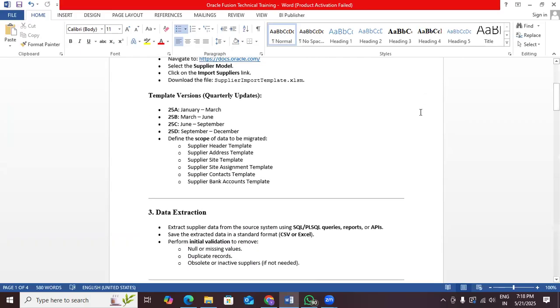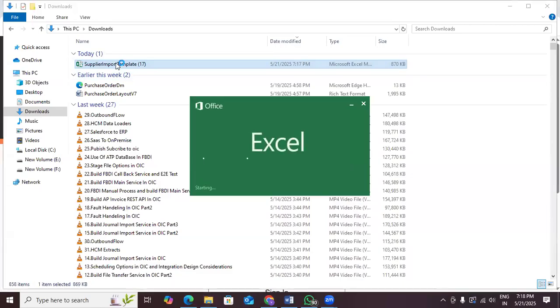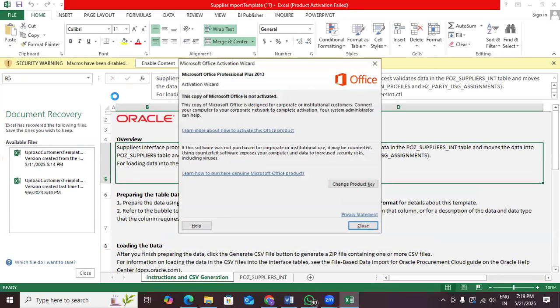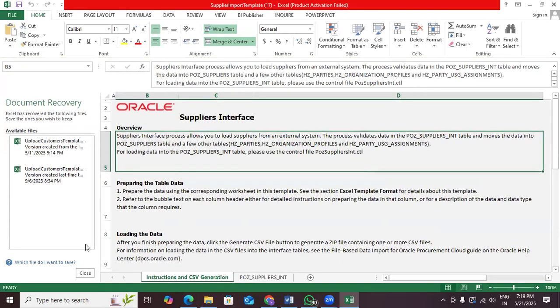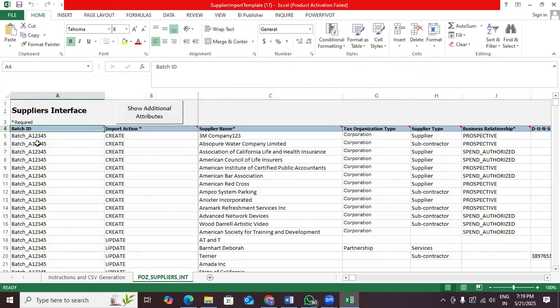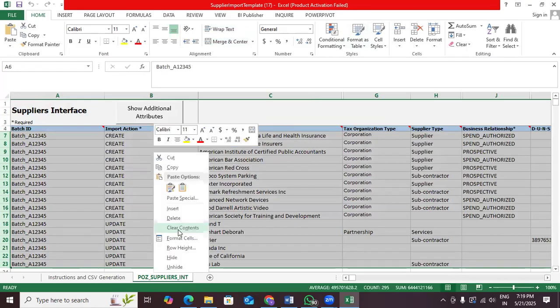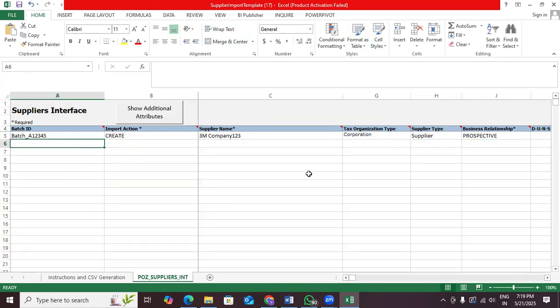Okay, and after that, where is our template? Okay. We can open the template here. Enable content. Close it. This is the template. This is seeded. Keep the sample data, and delete the entire data. Okay. Next step,